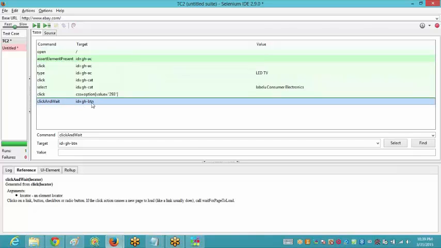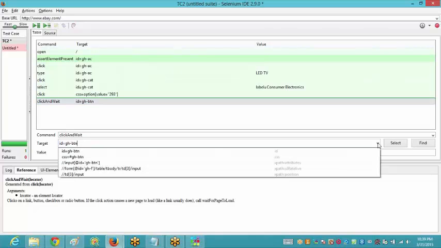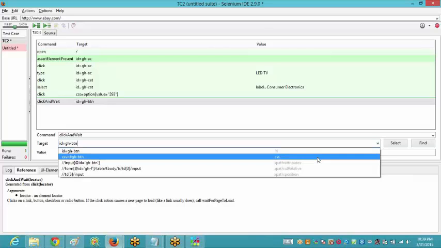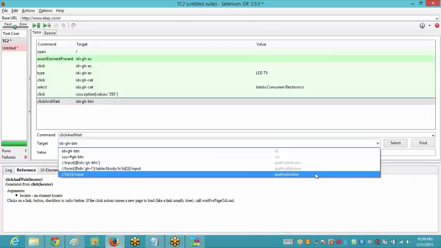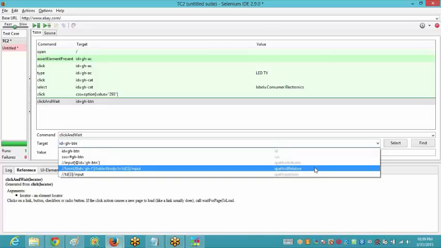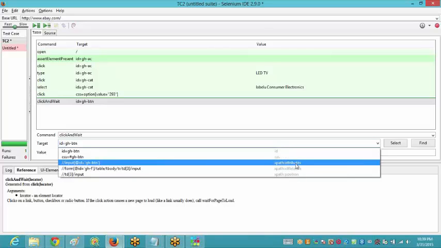So it has captured the id. We have recorded this, and it has captured the id. Now apart from id there are certain more locators which are captured. Can you see over here in the drop down? There is id, then there is css, then there are some XPath. Under XPath also there are certain things. There are three things related to XPath, but we won't be going into that much detail.